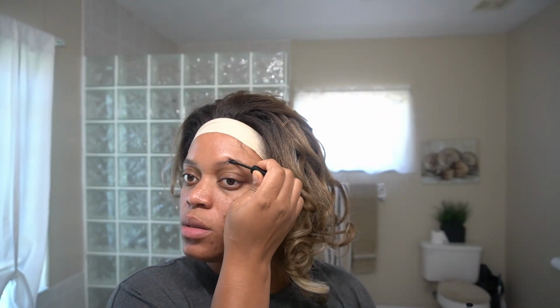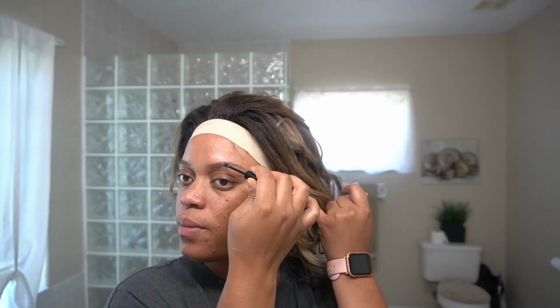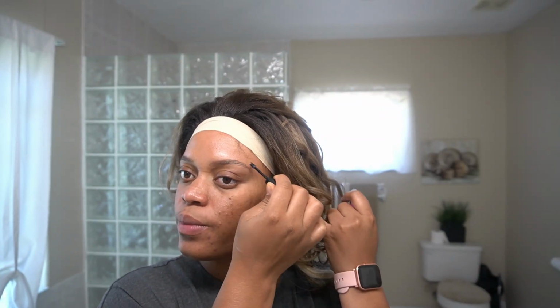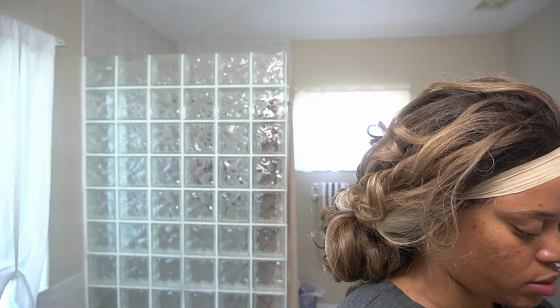While my wig is melting, I'm gonna start my makeup, and I'm gonna use the NYX brow glue. I just bought this the other day. I want this whole entire look to be affordable, so even my makeup is gonna be a mix between drugstore and the beauty supply store. So while that dries,